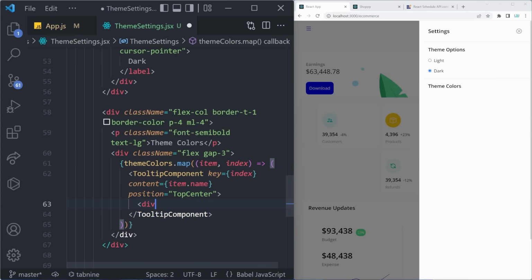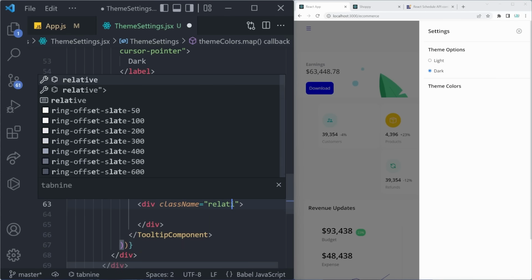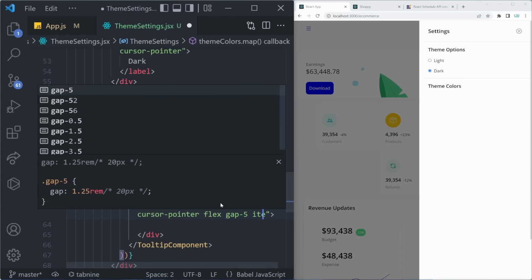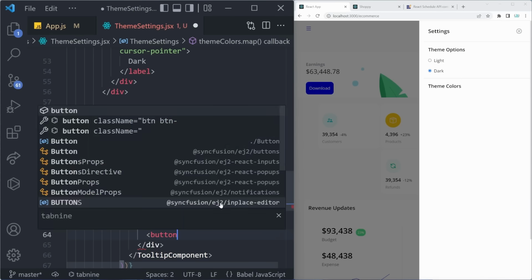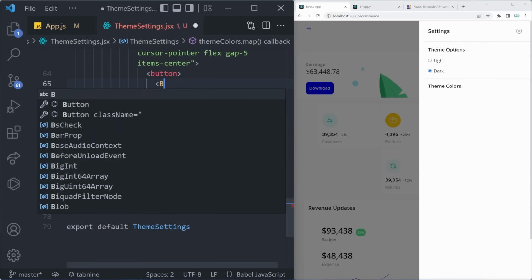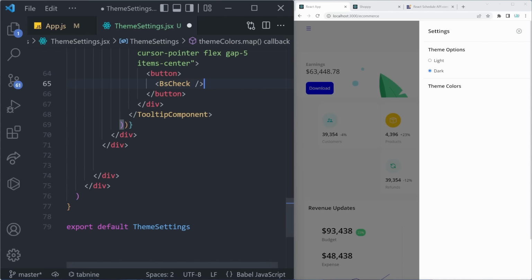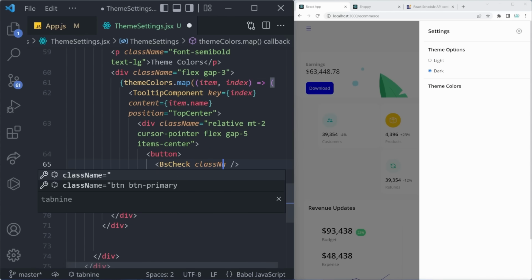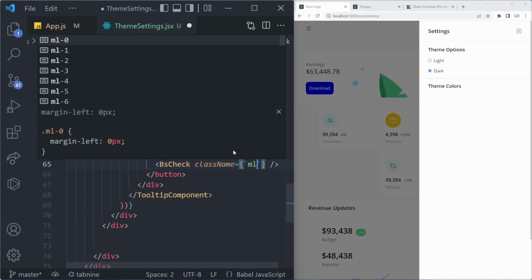So we can create a div element, and that div is going to have a class name equal to relative, mt-2 for margin top, cursor-pointer, flex, gap-5, and items-center. And inside of that div, we're going to have a button. This button is going to render a BsCheck icon inside of it. So that's going to be a self-closing icon, but we have to change the theme color depending on the current color. So let's say class name is equal to, we're going to make it a dynamic template string, and we're going to say ml-2,